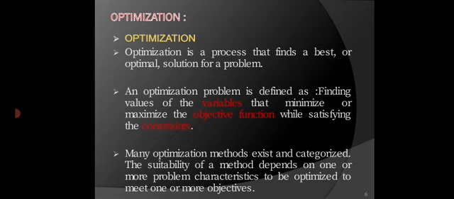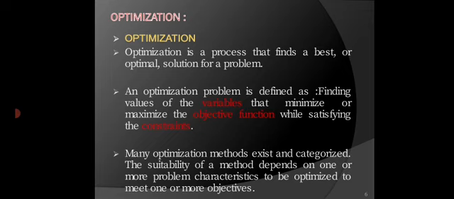So the main part is the optimization function, which is known as the objective function. That objective function may be a maximum or minimum. This objective function contains variables. So we have to find the values of variables to get the maximum or minimum objective function value. And this function and variables are subject to some constraints, means within some limits. Limits are there which are known as constraints, right? So these are the parts of optimization problems.